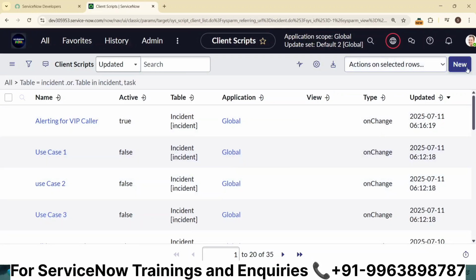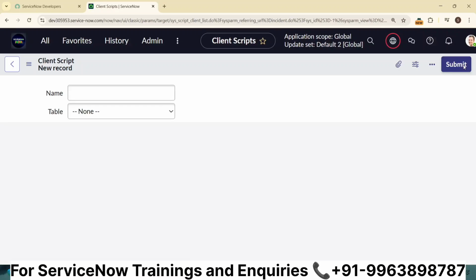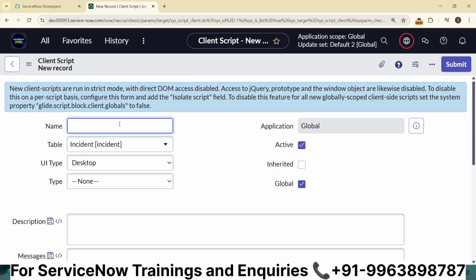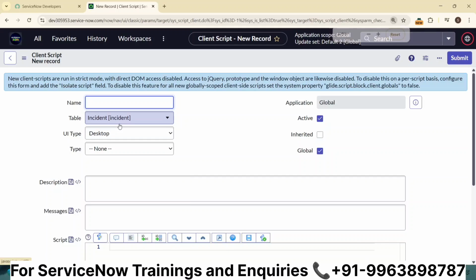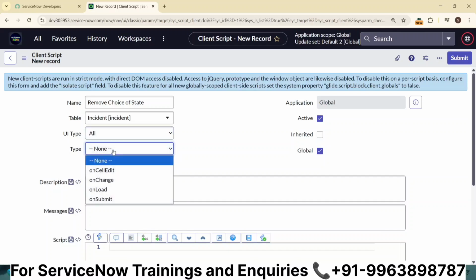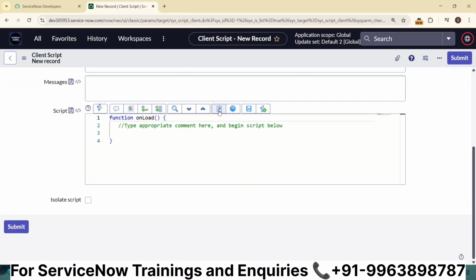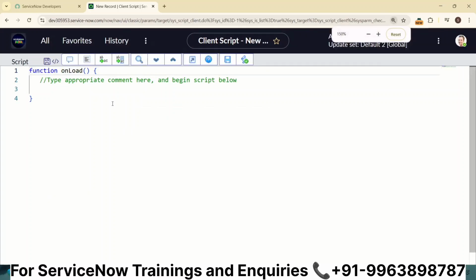a new one here. Click on new button and mention the name of the client script here, like remove choice of state. Type is all. Type of client script is onLoad, and toggle the screen for better visibility,